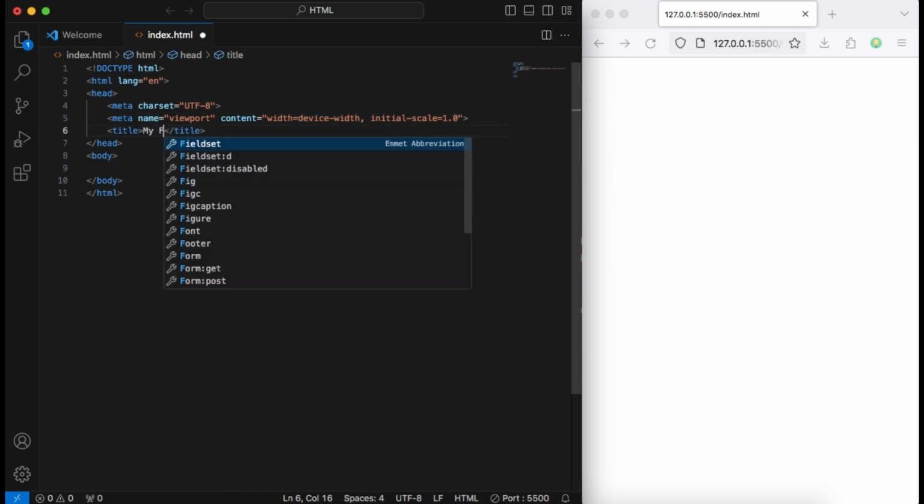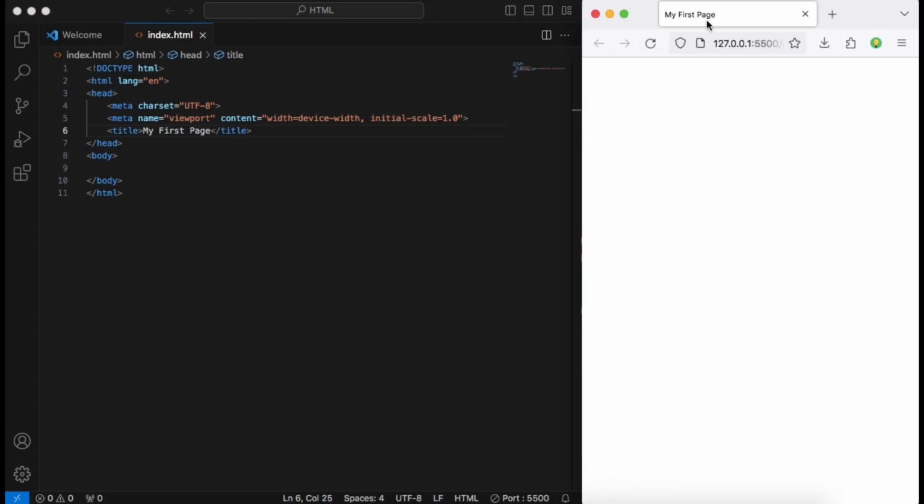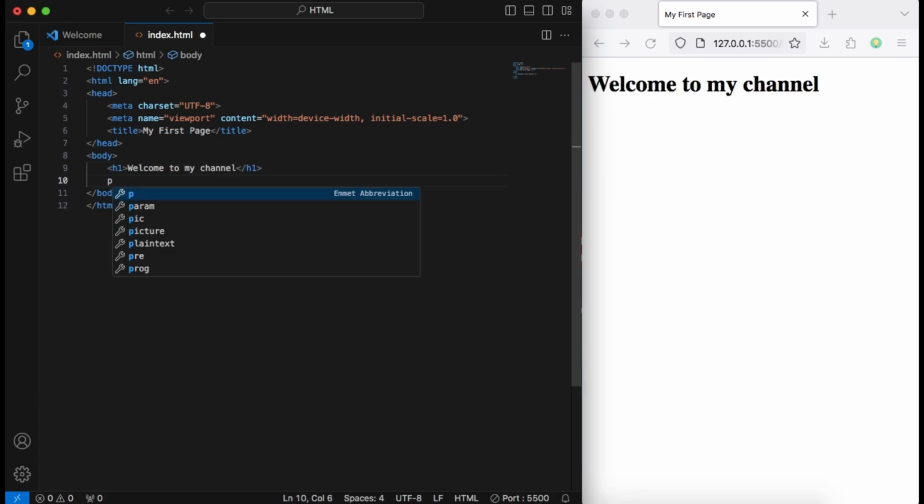And then we have our title tag, which is going to display what our website is called, and it's going to be right there in the browser at the top. And inside the body tag, you can begin inserting headings, paragraphs, images, and